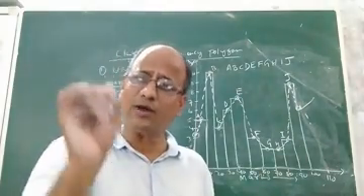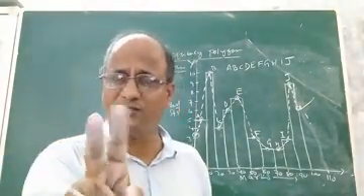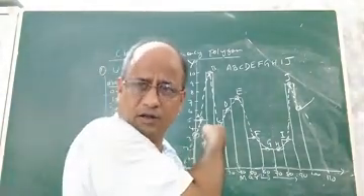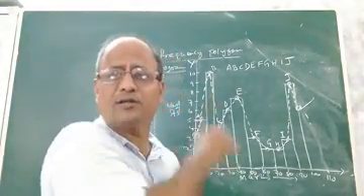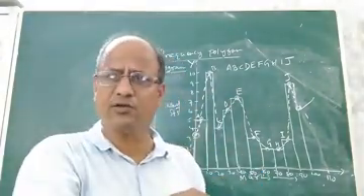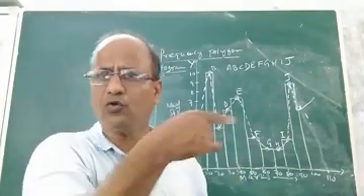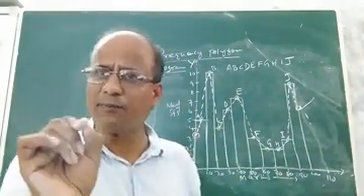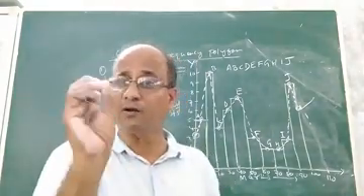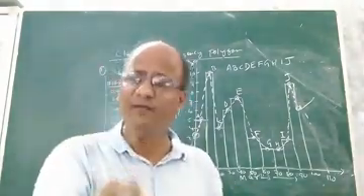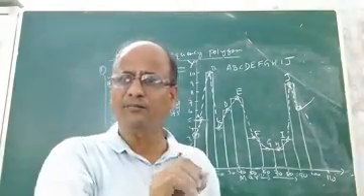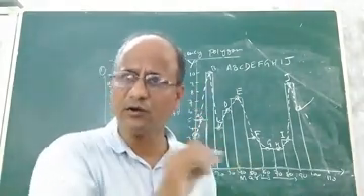I said that to construct a frequency polygon there are two ways: one is using histogram and the other is without using histogram. Now we are discussing how to construct a frequency polygon using histogram. But we can also construct it without using histogram. In that case I will tell you how to close the frequency polygon. So at present we came to know that a frequency polygon is nothing but a closed curve which is obtained by joining the midpoints of the bars or rectangles obtained in the histogram.